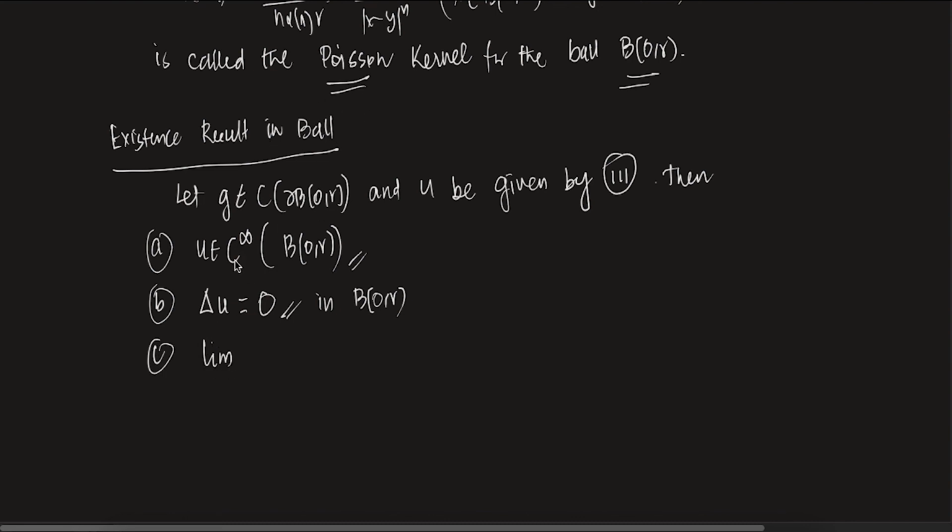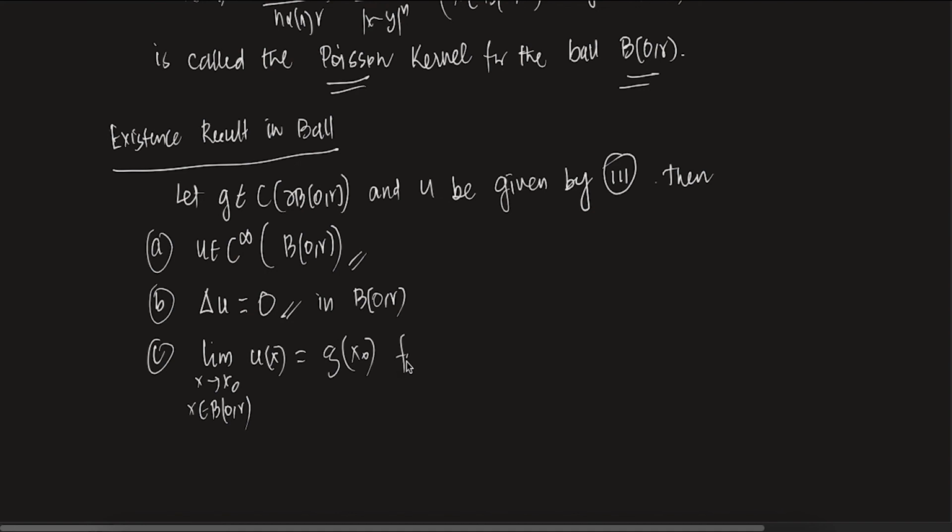And three, you can show the limit. How is the boundary condition satisfied? The limit as x tends to x naught, where x is in B(0,R), of u of x is equal to g of x naught. See, u is such that on the boundary it is g. What does that mean? Inside I know what u does, right? So as x tends to x naught, u of x tends towards g of x naught. That is how it is satisfied.